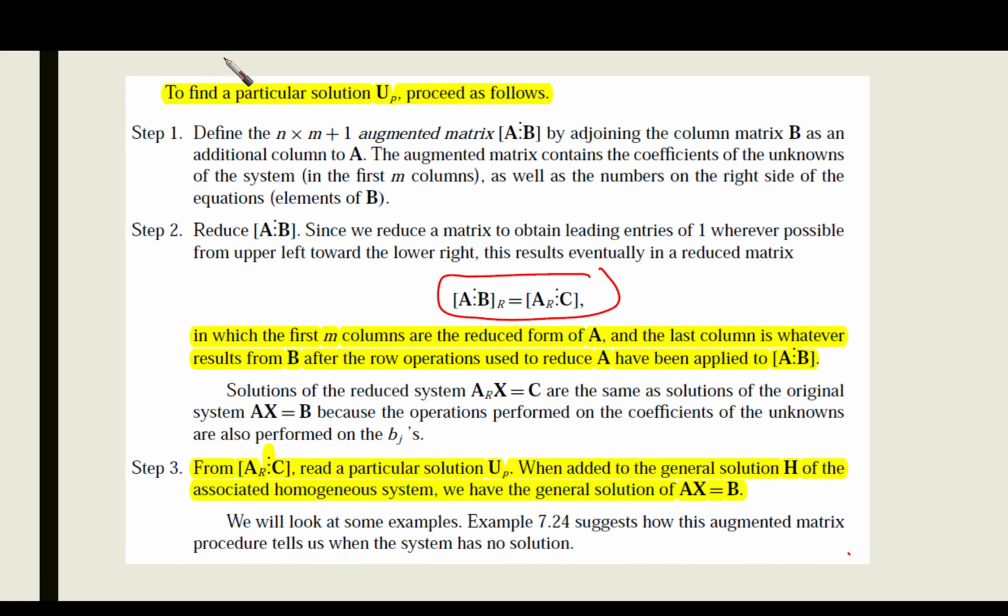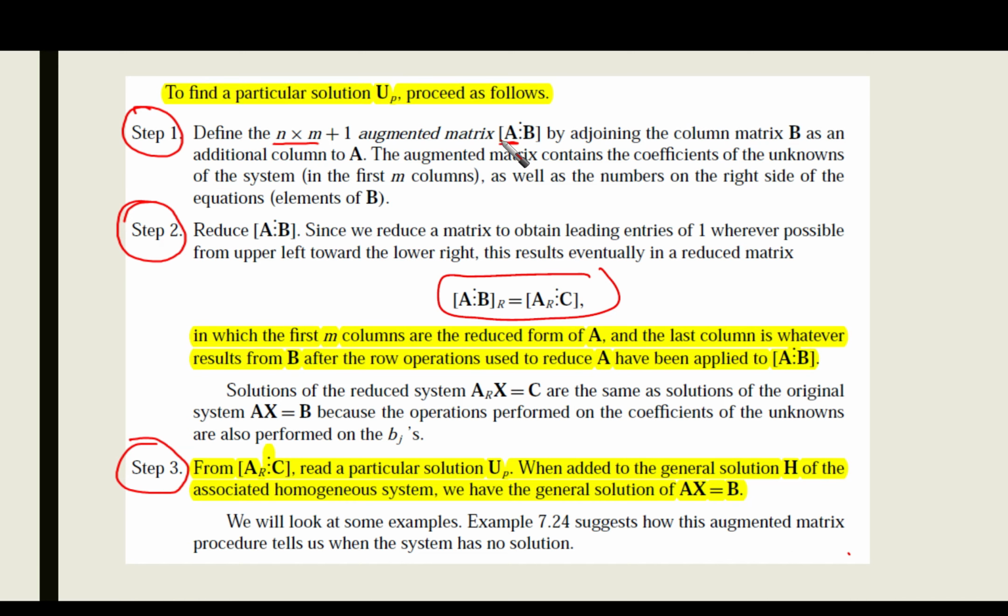In order to find the particular solution UP, proceed as follows. You need to go through 3 steps in order to get the U particular. Actually, using an example would make it much easier, but I'm just going into the important parts of the steps here. So we are going to define an n times m plus 1 augmented matrix, which is, we're going to put